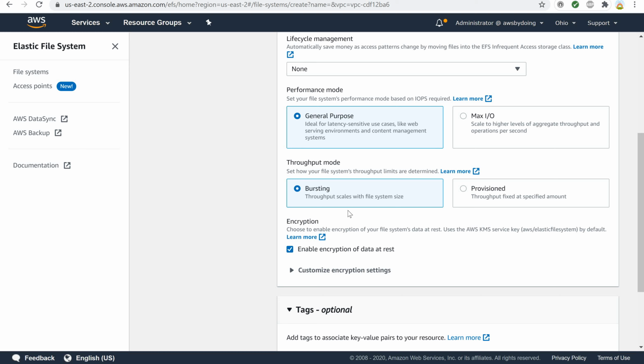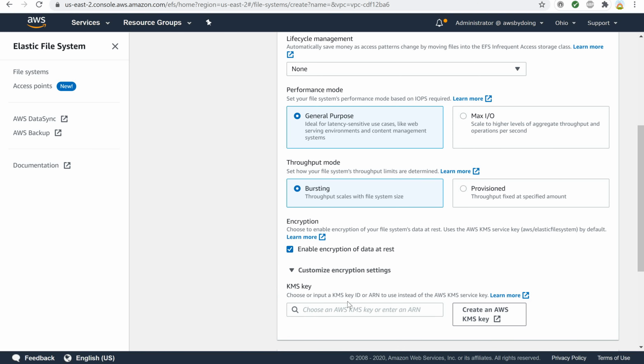For encryption, encryption of data at rest is enabled by default. It uses your AWS Key Management Service, that is the AWS KMS, EFS service key. To choose a different KMS key to use for encryption, expand customize encryption settings, and choose a key from the list,